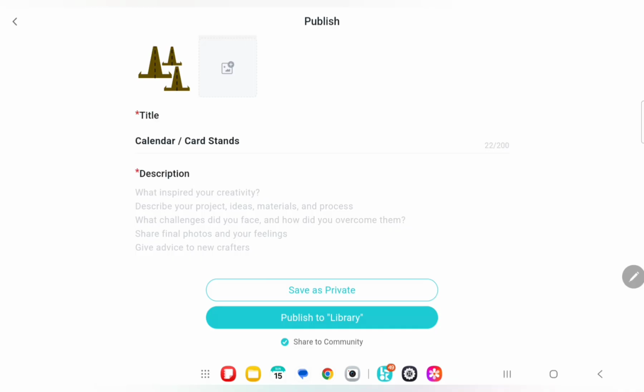Okay, so I suggest you give your project a specific title. Don't even have the event in mind when doing this, because once the event is over, your projects are still going to be in the library. So don't add anything about the event in your title or description. Just make a description, like it says: what inspired your creativity, describe your project, ideas, materials, and process, what challenges you faced, how you overcame them, and then you're going to share your photos and your feelings or give advice